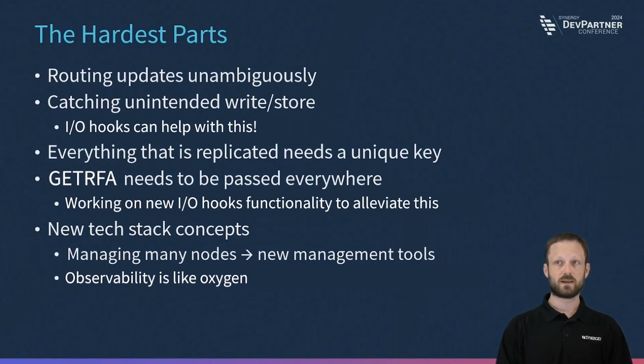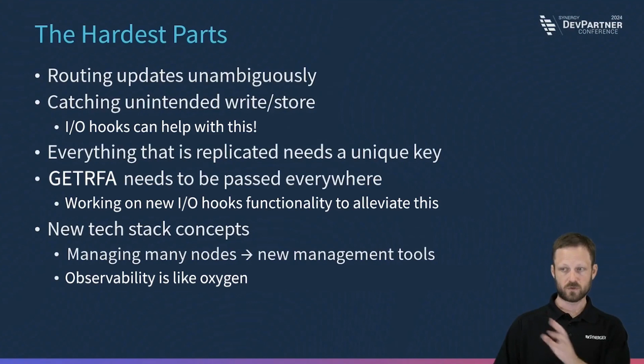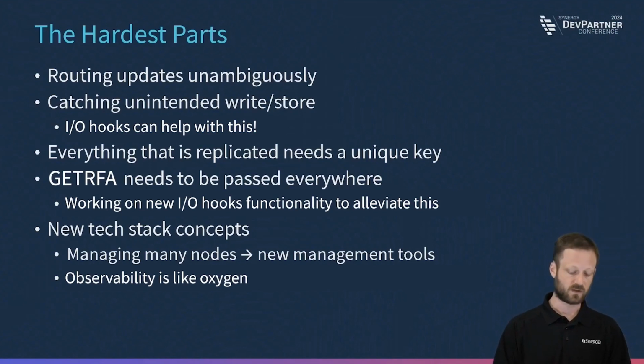So in a normal application where you don't have to route updates around anywhere, it kind of doesn't matter. They get stored into the ISAM file. But in this world, we have to actually know what that update is in order to put it in the right place in the queue and in order to format it in a friendly way for diagnostics and for other potential consumers of that data.